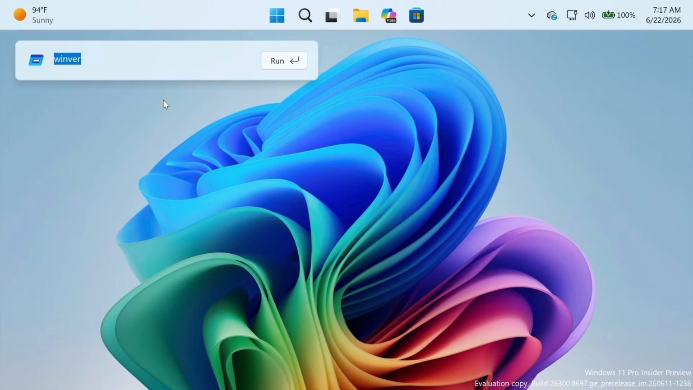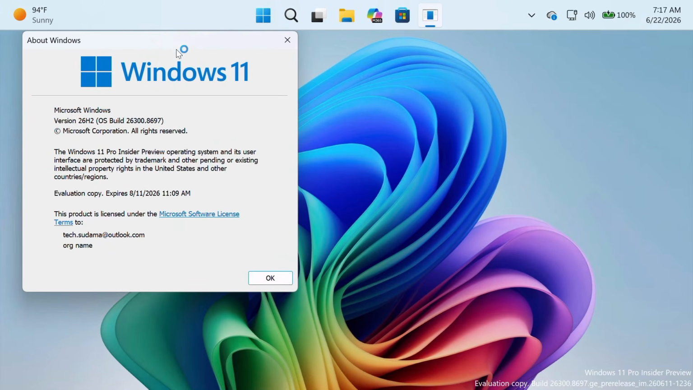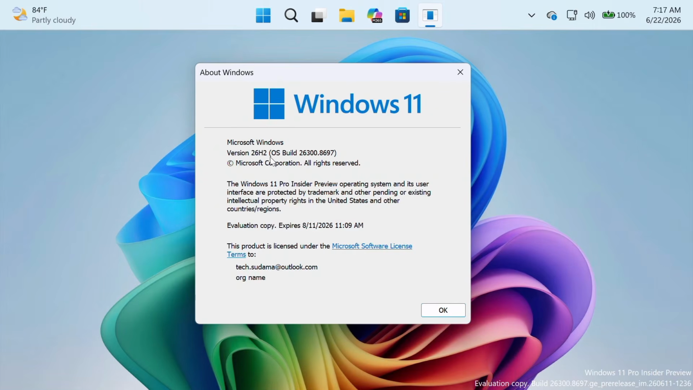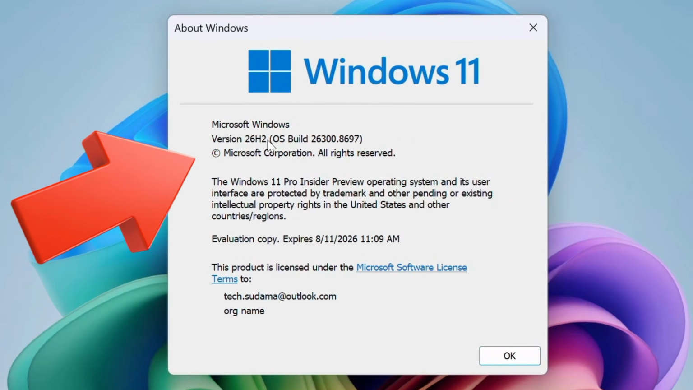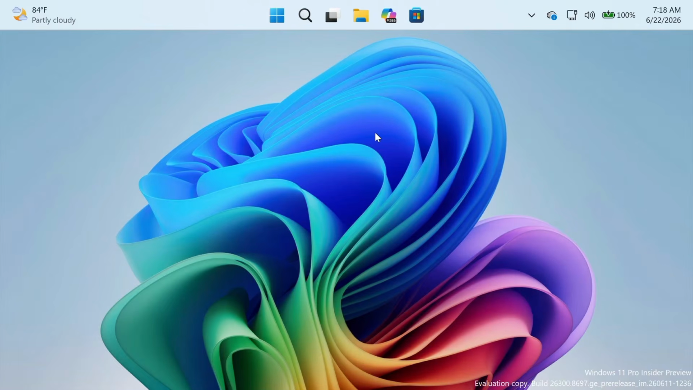Many people are wondering how to download the Windows 11 26H2 ISO file officially. Here you can see I'm using the Windows 11 26H2 official build. So in this video, I'm gonna walk you through the step-by-step process of how to download the Windows 11 26H2 ISO